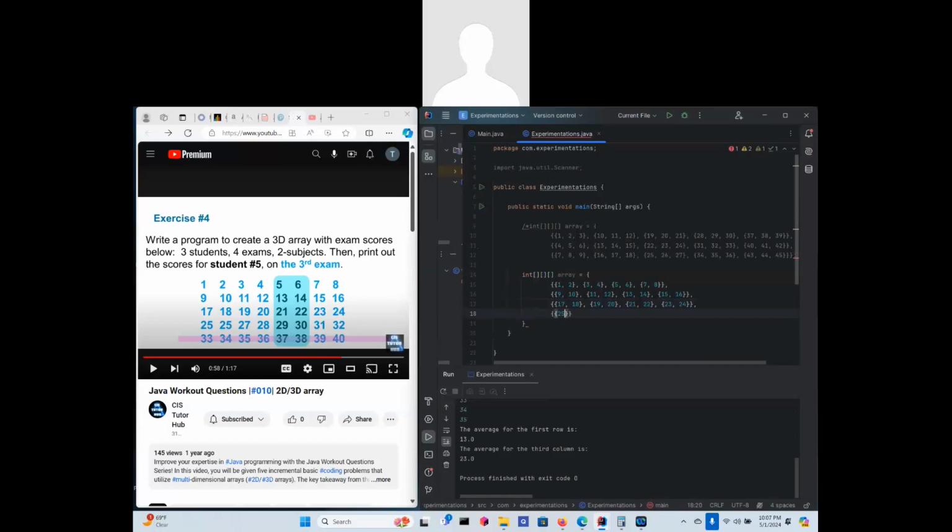Double brackets, 25. There are two 25s. We're going to assume that's a typo, and that's supposed to be 26, comma, 27, 28, comma, 29, 30, comma, 31, 32, comma, after the double brackets, and then the final one, final row,